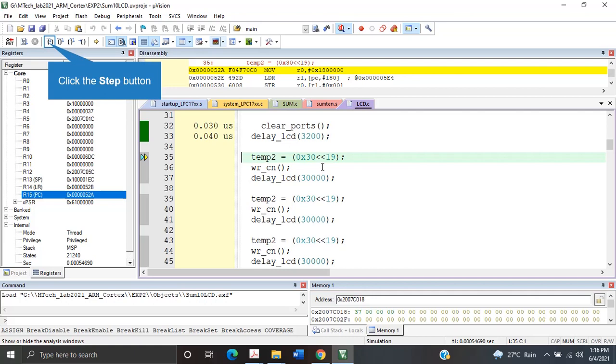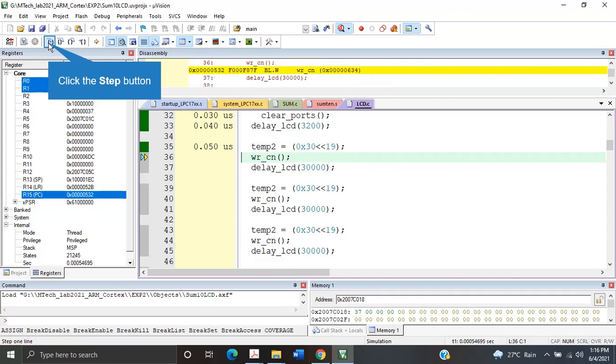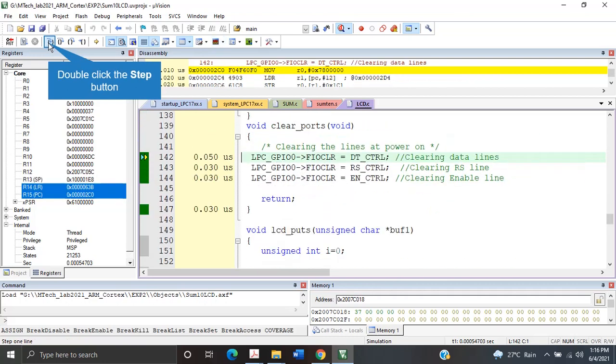What is happening is that you have to configure the display. You are using 16 cross 2, that means 2 lines, and the cursor position has to auto increment as you go on pushing the next characters onto it. All that is being configured with respect to lines.